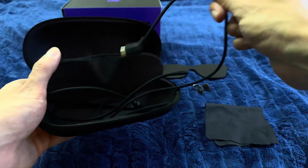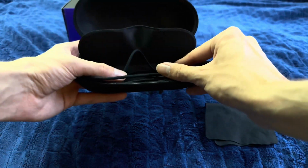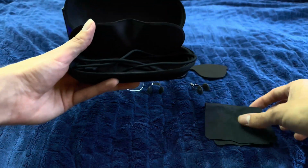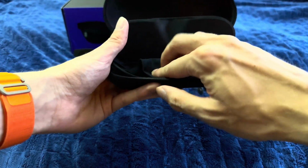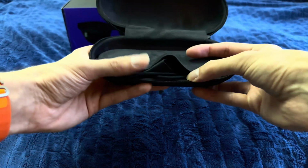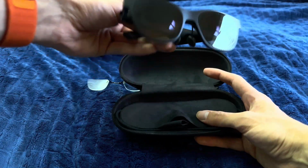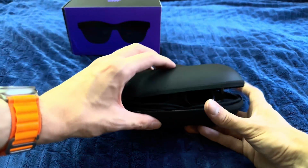which they say to only use. You can really use any USB-C cable as long as it is full-featured. It must support DisplayPort output, otherwise these are not going to work. You also have your microfiber cleaning cloth, so that you can keep the lenses clean, and you can store all of that underneath here. You also get, of course, the Nreal Air, and you can put that in there